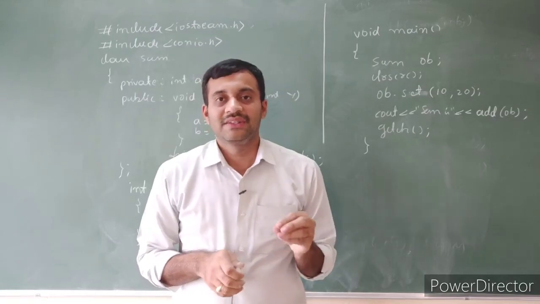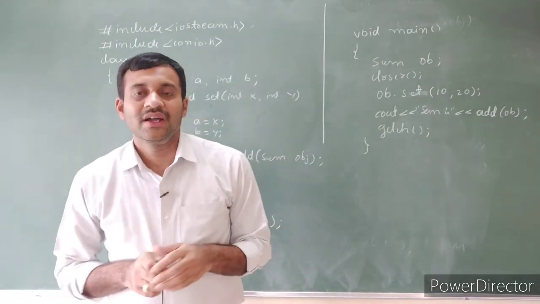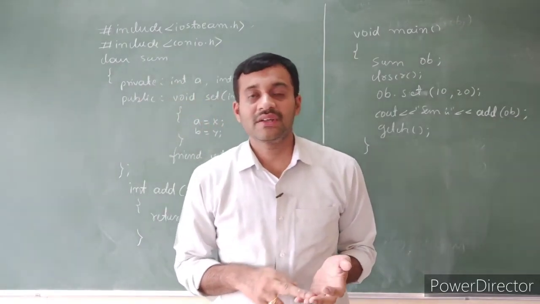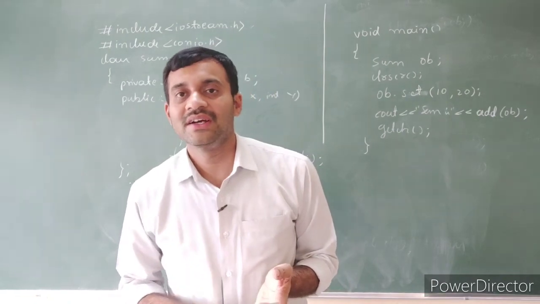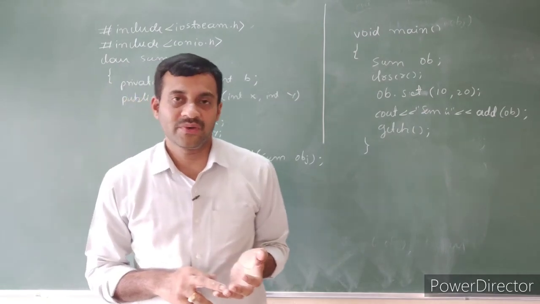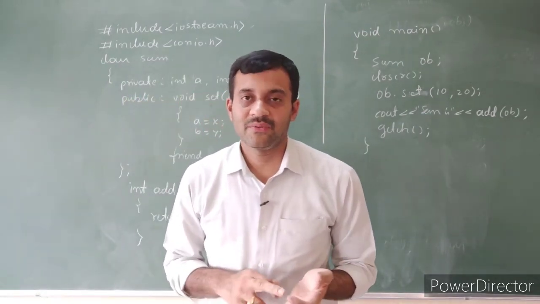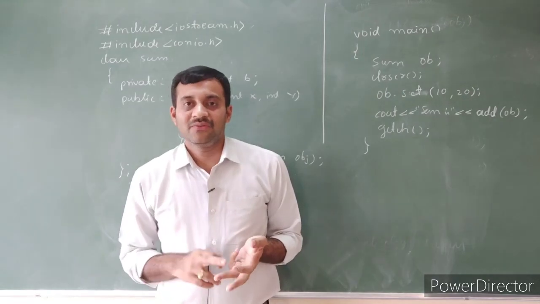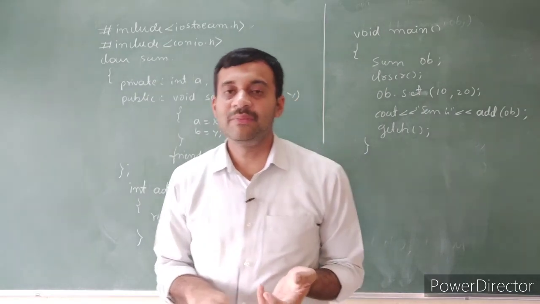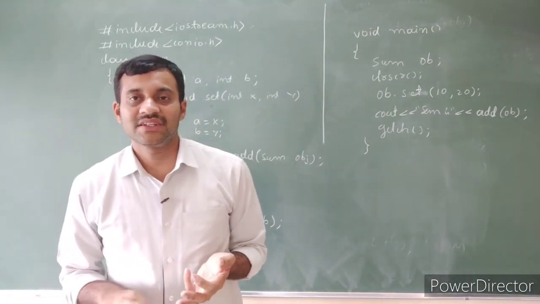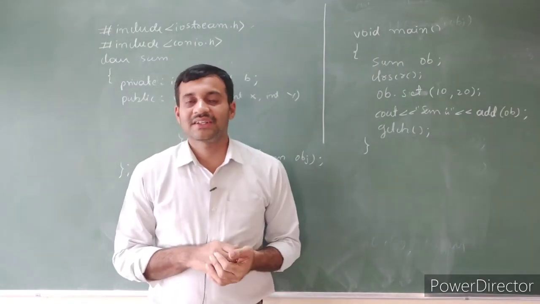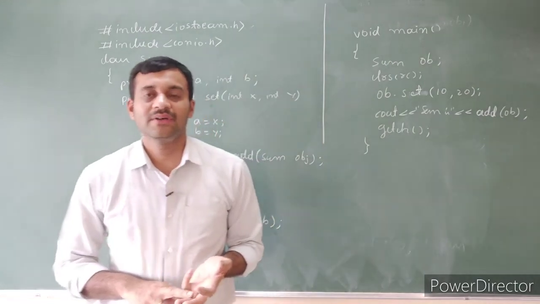So this is the end of this chapter, that is function overloading and other member functions. In this chapter we discussed function overloading, definition of function overloading, need of function overloading, then advantages, then disadvantages of function overloading, then syntax of function overloading. Next, inline function, the advantages of inline function, disadvantages of inline function, limitations of inline function, characteristics of inline function. Next one is friend function. So here we discuss characteristics of friend function, then example for friend function.